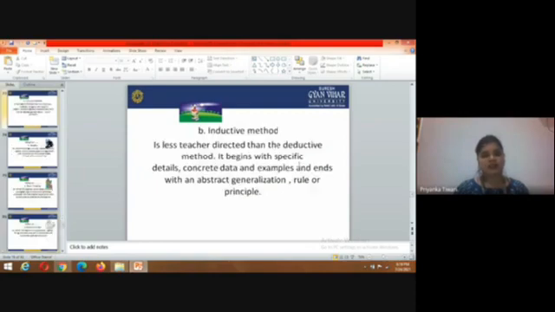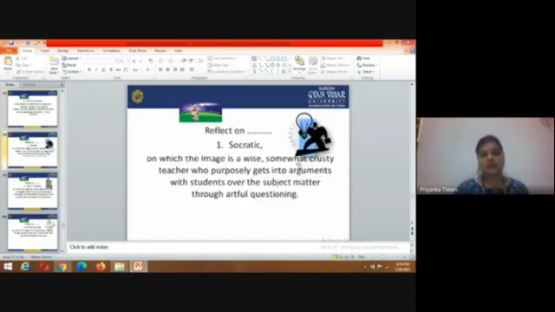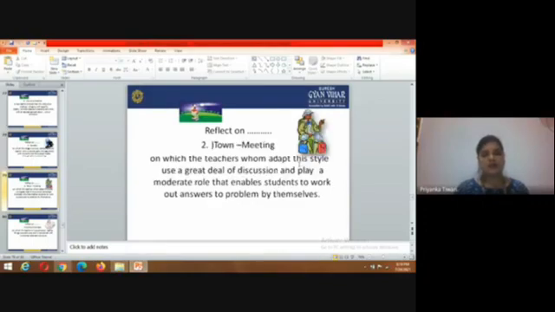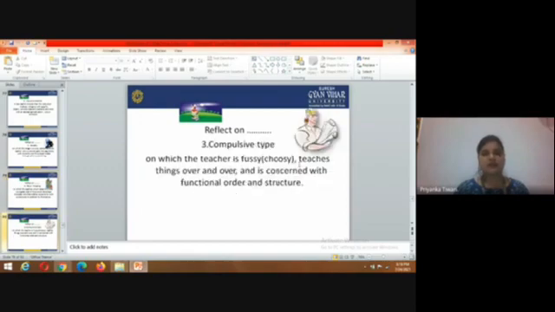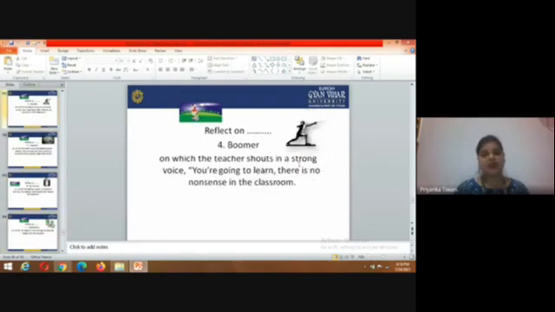The inductive method is less teacher-directed than a deductive method. It begins with specific and detailed concrete data and examples, and ends with an abstract generalization, a rule or principle. Reflect on the Socratic method, in which the teacher purposely gets into arguments. Reflect on the town meeting. Also we have discussed the compulsive type, and then after the bomber, in which the teacher